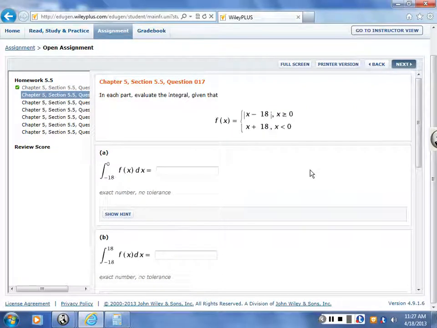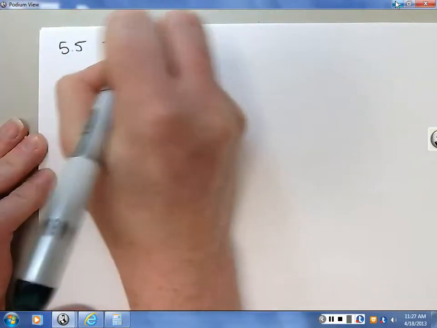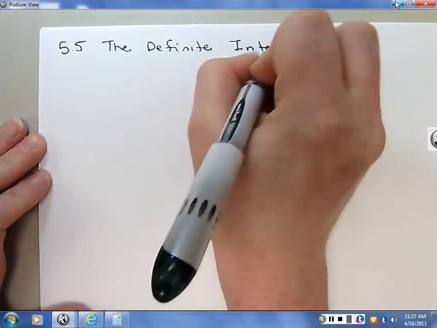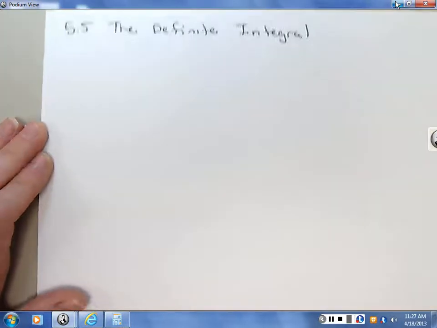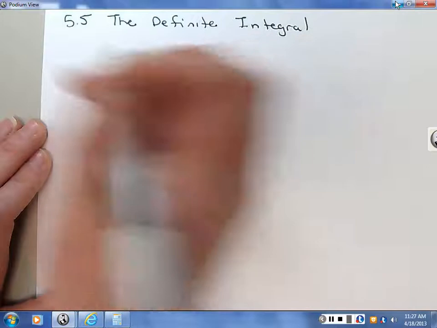I think let's go ahead and write this one up, and you can see how this area comes in. And really this is 5.5. And I want to go ahead and write one comment before we start this. So 5.5 is the definite integral. And let me see where I want to start. Definition